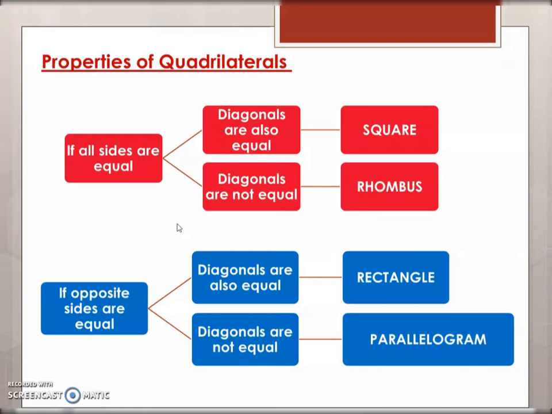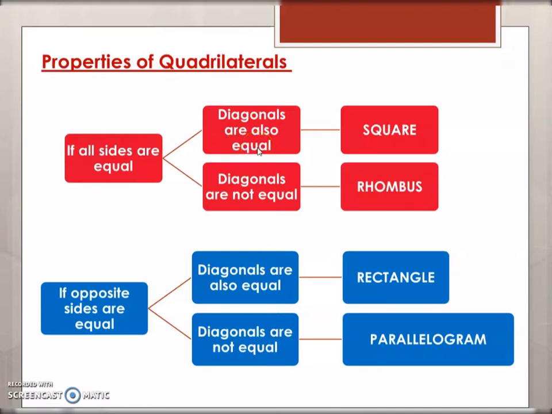For that you have to find the length of the sides using the distance formula. If vertices are given, you can substitute in distance formula and find the length of the sides. Once you determine the length of the sides, you will see, are all sides coming equal? If yes, then the quadrilateral could be a square or a rhombus, because that's the property of square and rhombus, that its sides are equal in length.